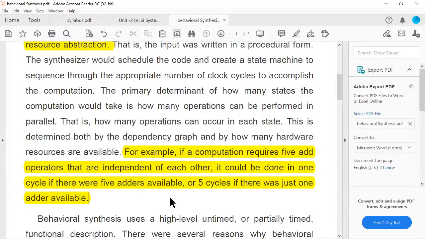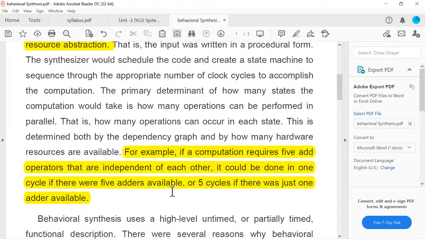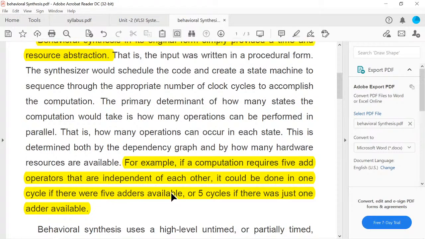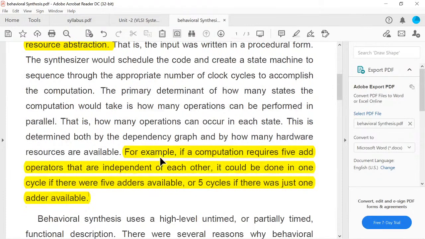So we can start the adding operation simultaneously in all adders. But when all these adders are dependent, it means that when the output of one adder affects the output of the second adder, then at that time we cannot start this addition in parallel. Okay, so all these timing abstractions, all these timing limitations can be provided in behavioral synthesis. Okay,